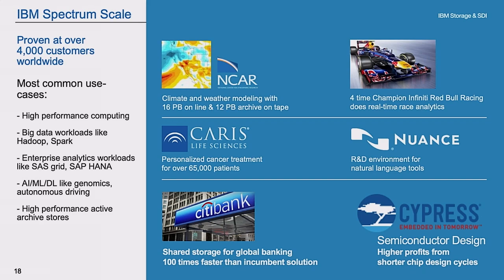We're doing a lot with Spectrum Scale now in the AI world in general. Actually, we're doing a lot right now in autonomous driving as it pertains to Spectrum Scale and our storage. And you see it at places like the National Center for Atmospheric Research, for example, where they have 28 petabytes, 16 petabytes online, 18 petabytes in archive, and again, the underlying file system is